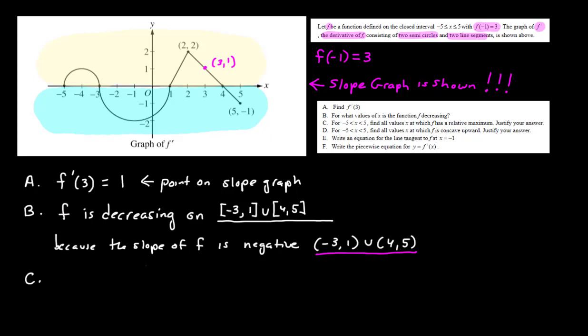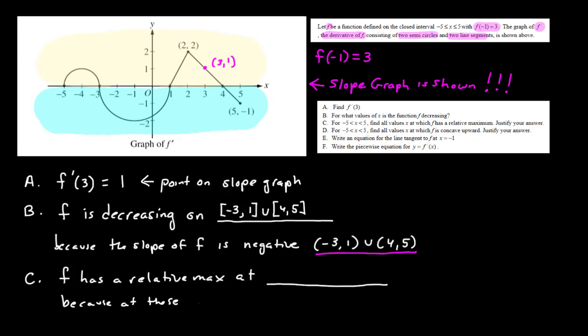In part C, we want to know where the function f that we cannot see has a relative max. F has a relative max at, now I'm going to find an answer or answers where that is true, and then I'm going to write the reasoning. This reasoning should be conditioned into us at this point, and it's because at these x values, f is continuous,